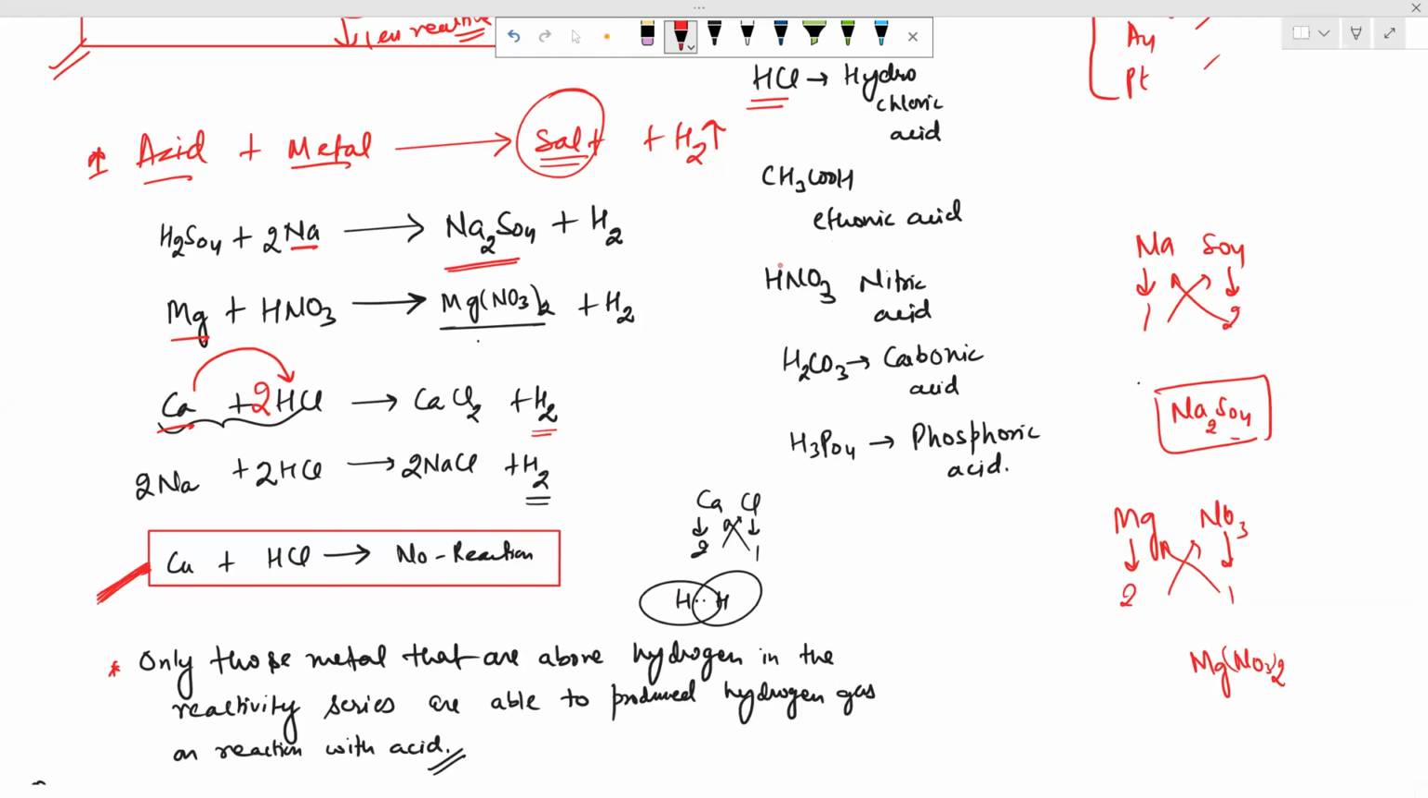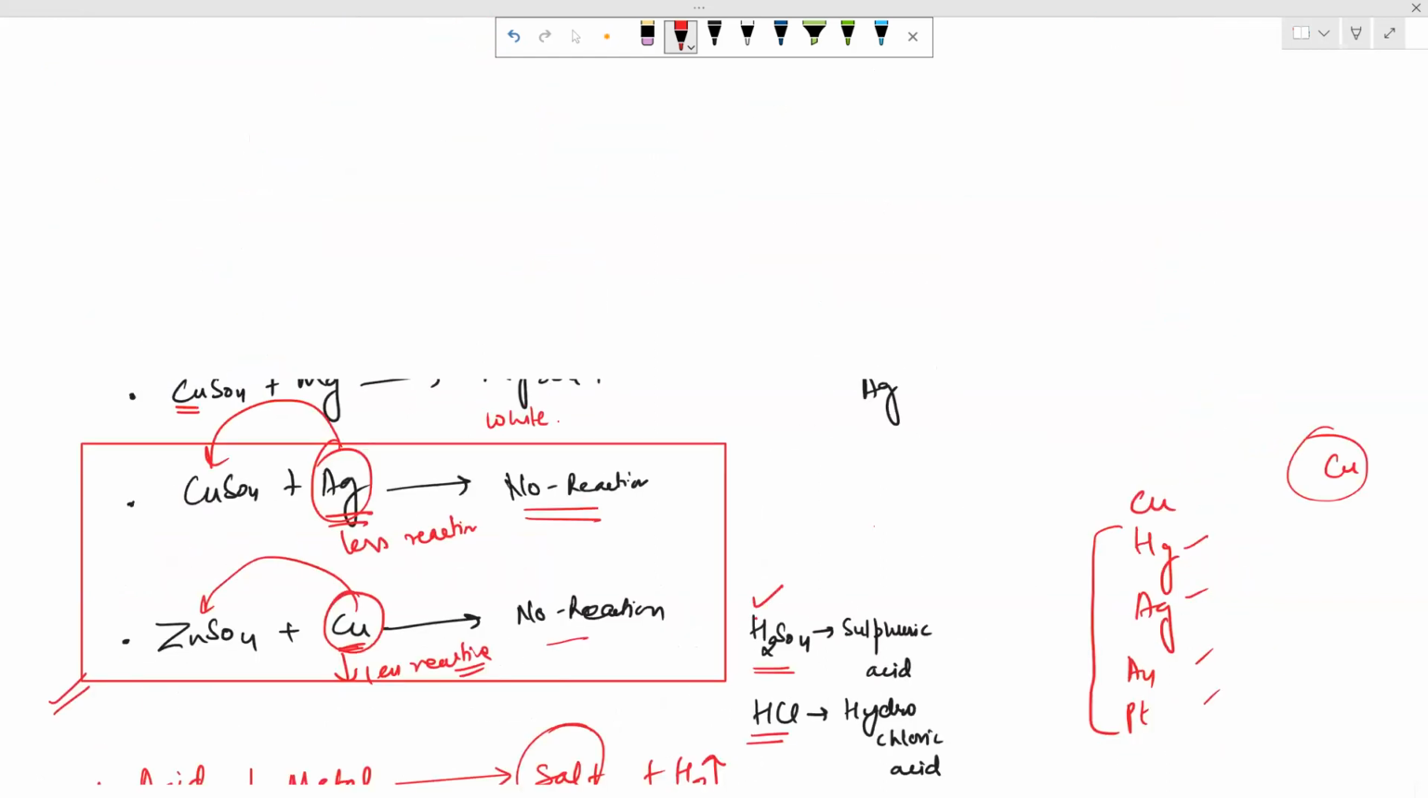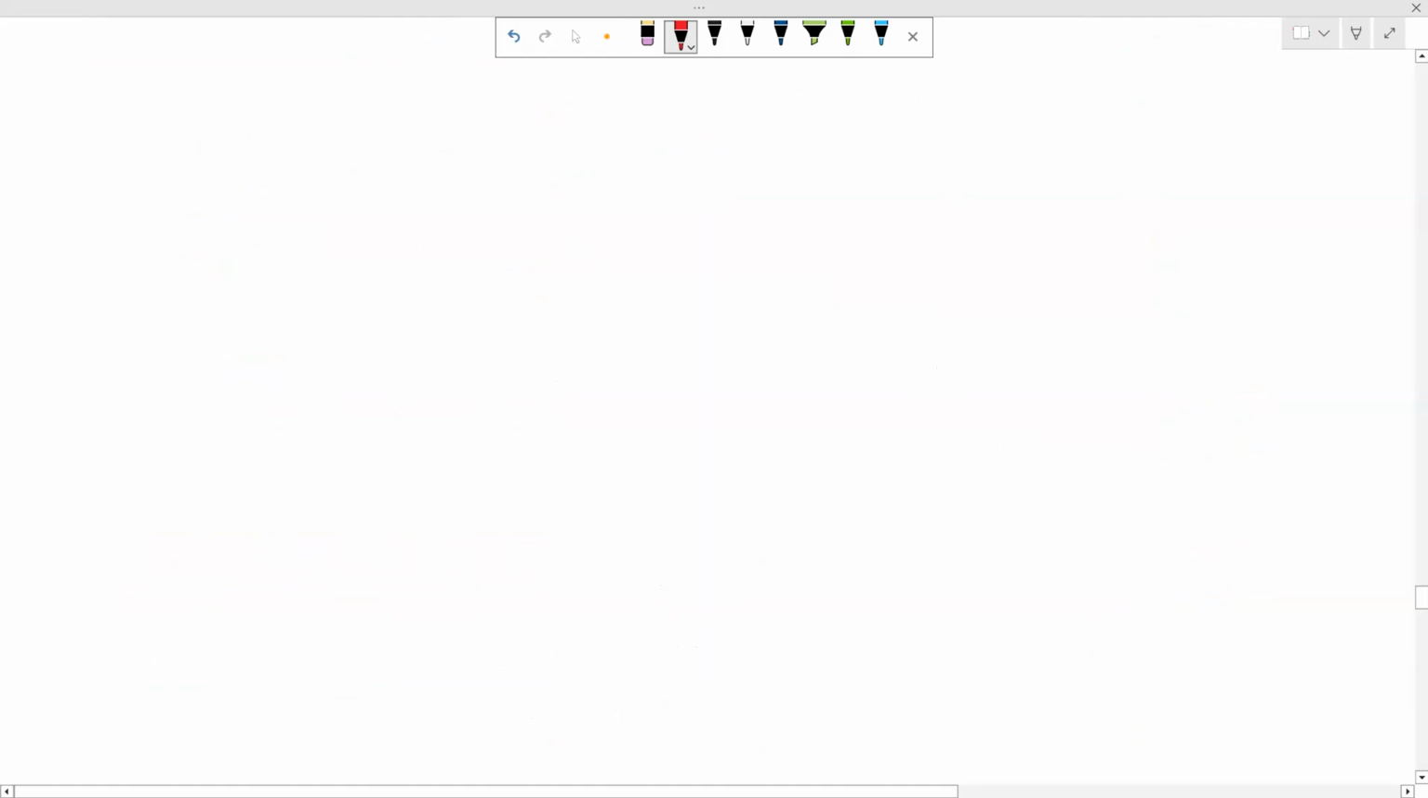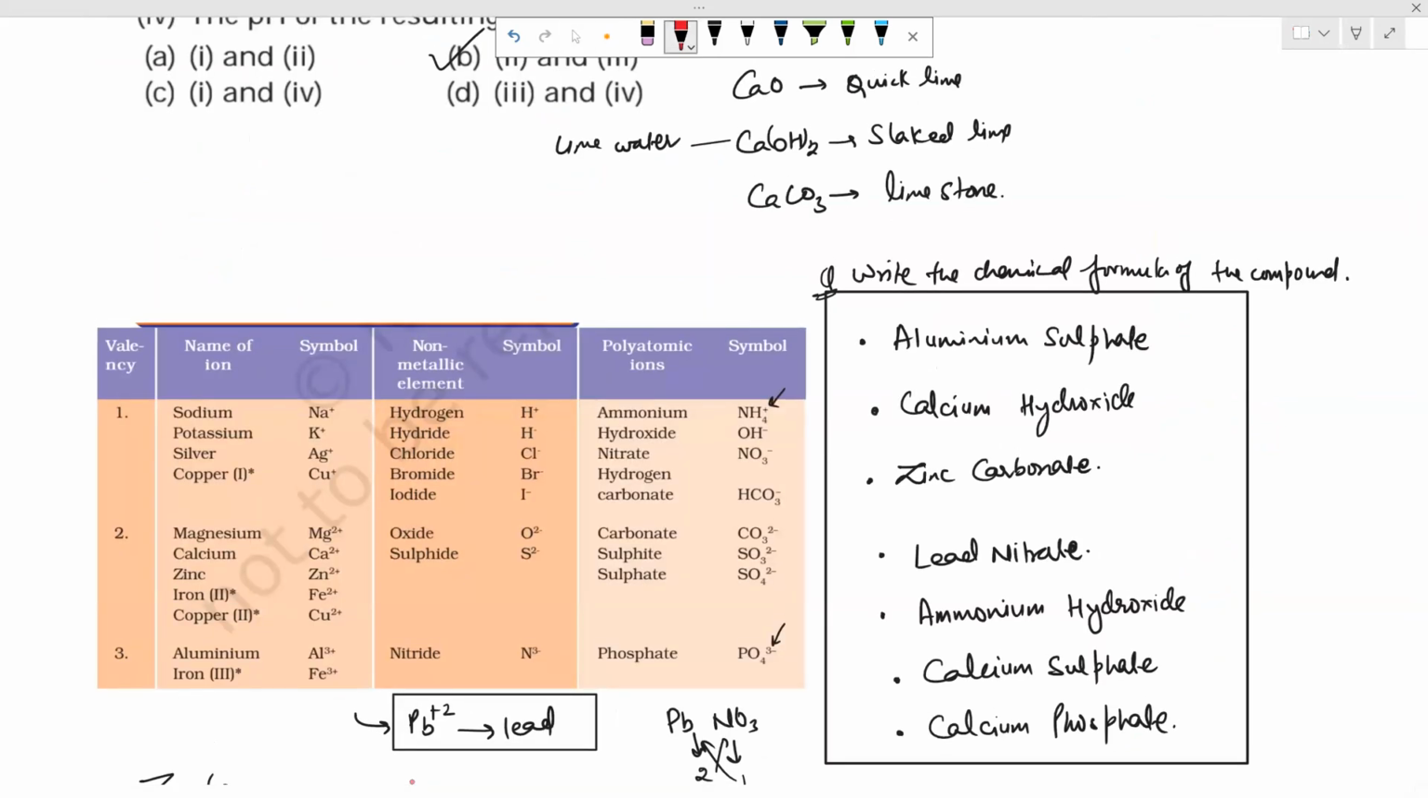Sir, can you explain once again? Okay, why not? Acids react with sodium, so it will form sodium sulfate plus hydrogen gas. The general equation is salt plus hydrogen gas. Magnesium reacting with HNO3 gives magnesium nitrate. The formula is written accordingly: sodium has valency 1 and the sulfate ion has valency 2, which you learned from the valency chart. Because of that, the formula for sodium sulfate will be,